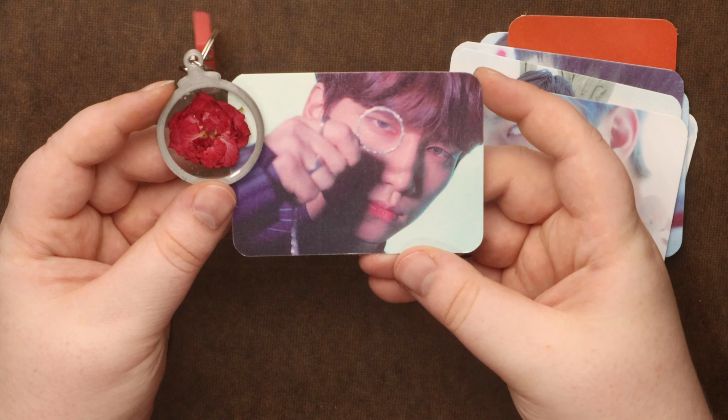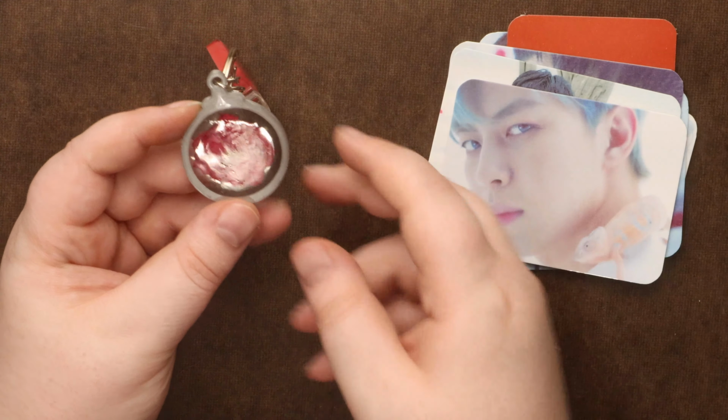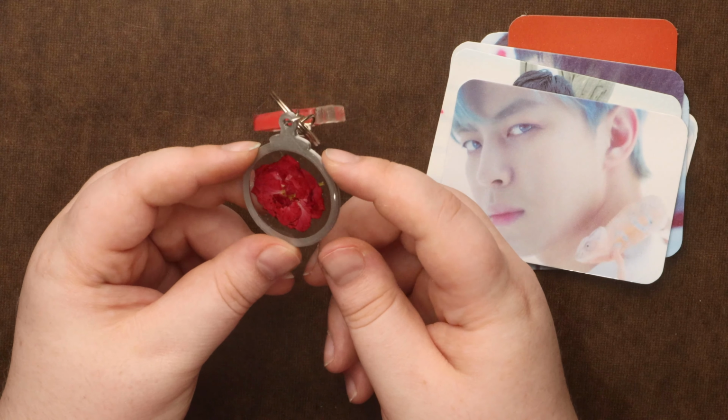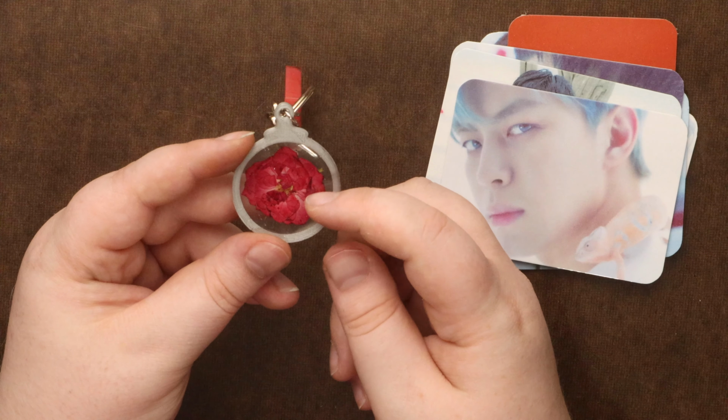So as you see in the music video, they have a monocle, which is kind of their thing. So I made a monocle, which is 3D printed with a nice silver gray color. And then inside of it, as there was